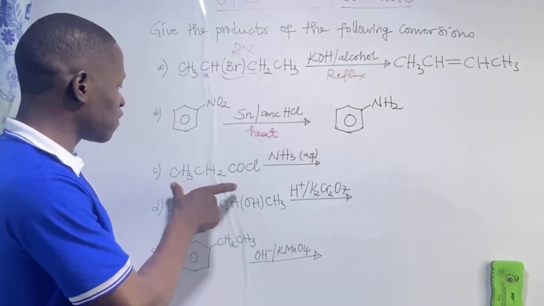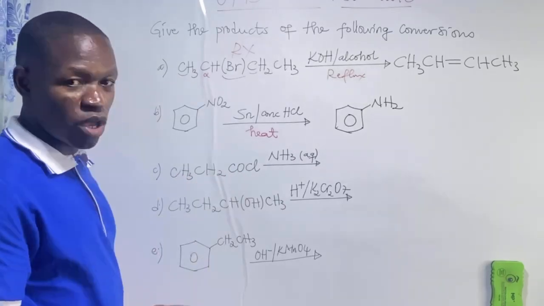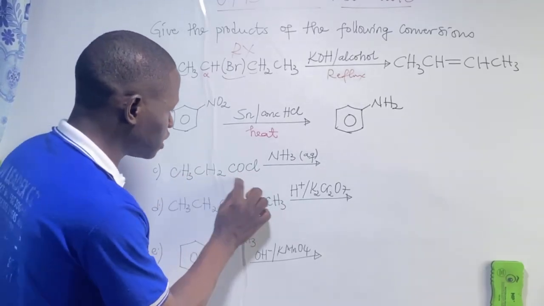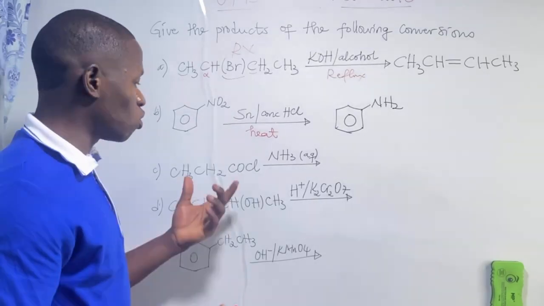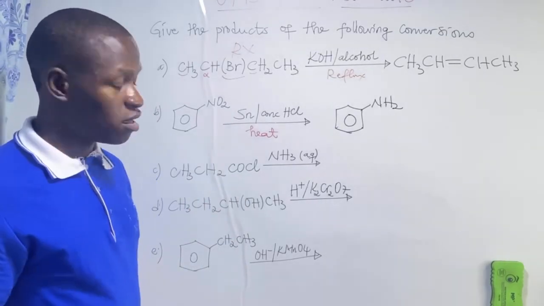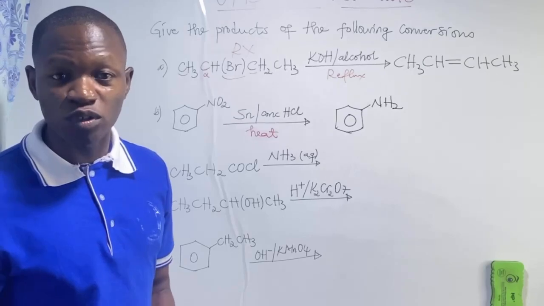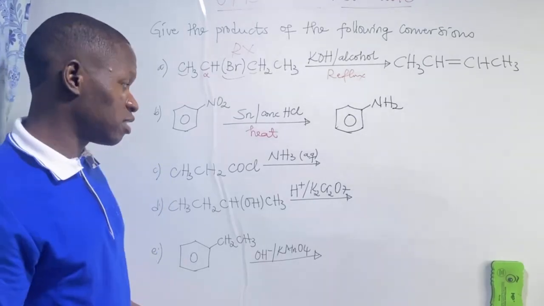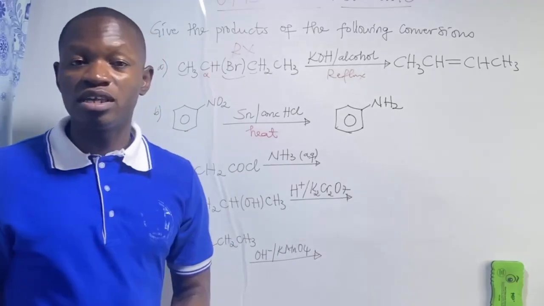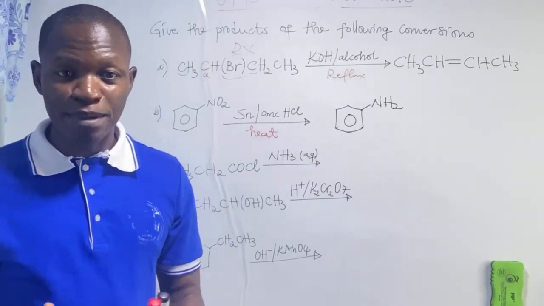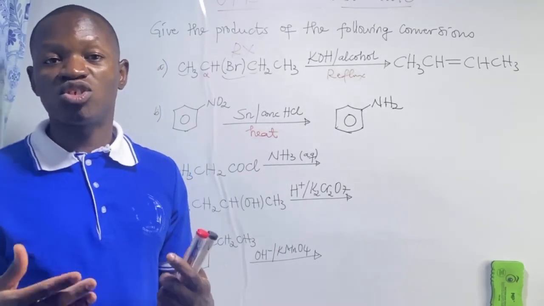The next one, we have an acid chloride, right? When you have a carboxylic acid group with a chlorine derivative, you call the compound an acid chloride. Compounds that have RCOCl are called acid chlorides. So acid chloride reacts with ammonia to form amides. Amides are compounds that have the structure